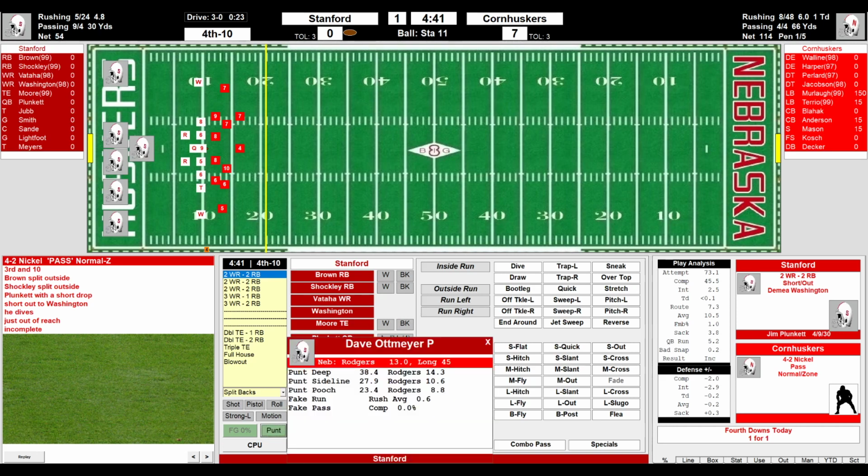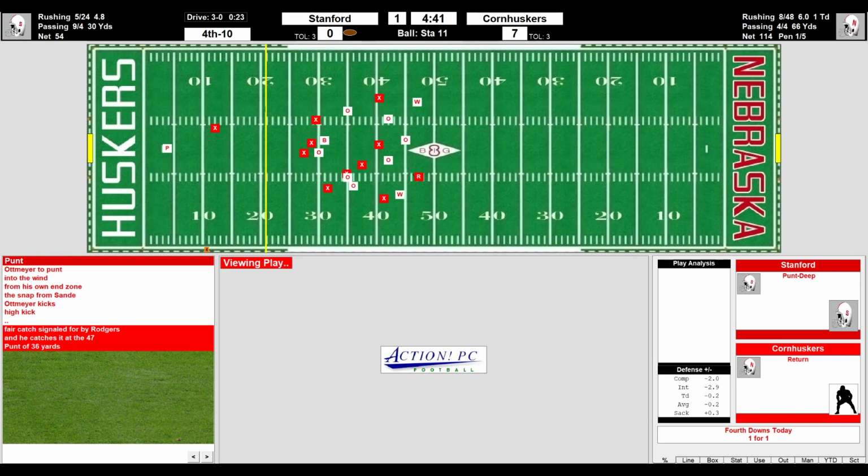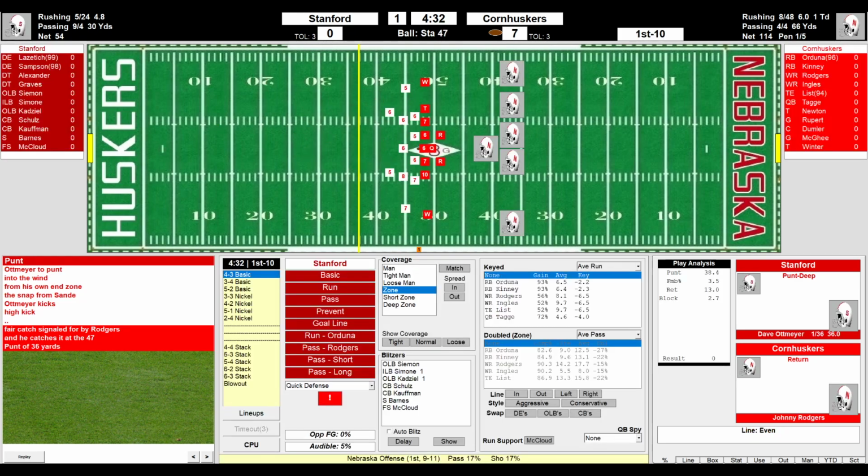It'll be Dave Ottermeyer, back deep for Nebraska. Rogers. Here's the punt by Ottermeyer. And Rogers will call a fair catch inside Stanford territory. Only a 36-yard punt. It was high, though. Johnny Rogers forced to call a fair catch, but Taggy and the Cornhusker offense will start 1st and 10 on